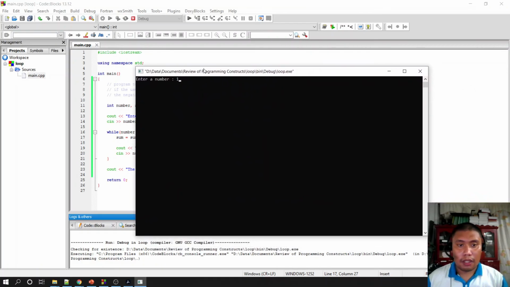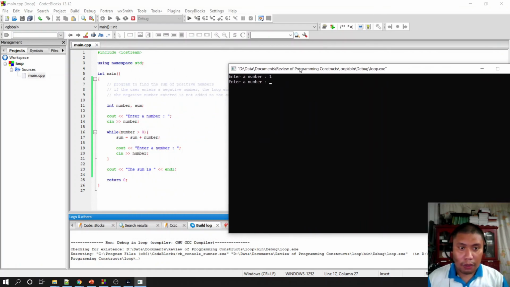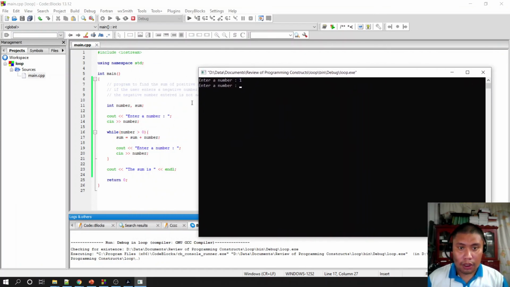Okay, so when I enter 1, since the condition is true, it stores. What happened? We enter 1, it will store in the sum variable. So sum has no value, so sum is equal to the initial value of 0. So sum is equal to 0 plus 1, we have 1. Okay, so enter a number. So this is now the stage. And I enter again